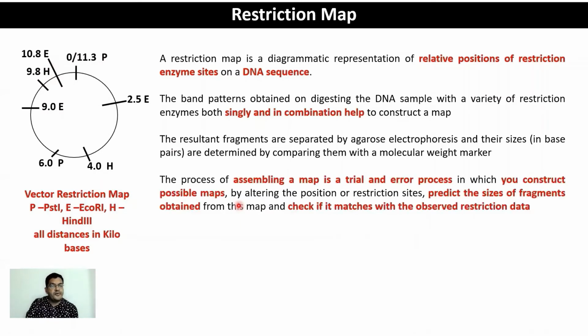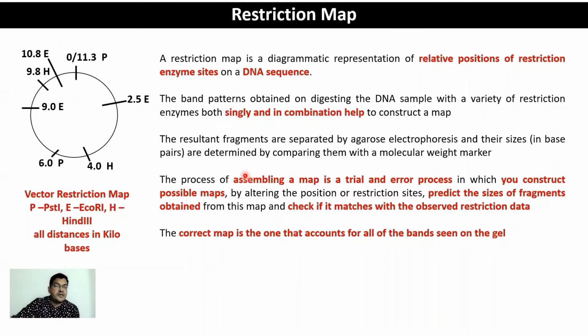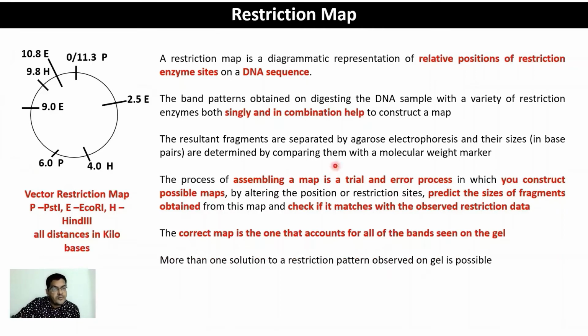So the process of making a restriction map is complex, and mostly it is a trial and error process where you try and rearrange the fragments that you obtain on gel in your experiment to see if they satisfy the banding patterns you observed. And I've already told you that the correct map is the one that accounts for all the banding patterns observed on gel, right? What is also important to mention is, as the number of restriction enzymes increases, the number of